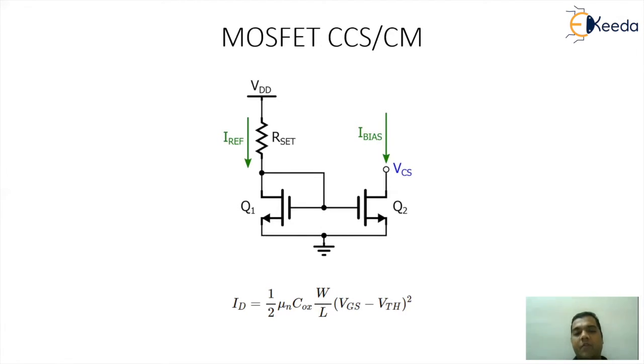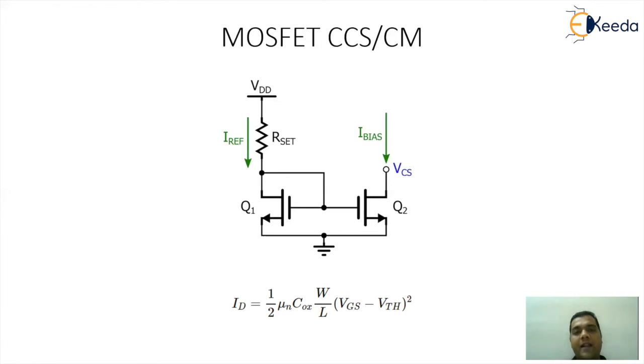So because of this, when I define the MOSFET currents for MOSFET 1 and MOSFET 2, I can define ID1 equal to half mu n Cox W by L (VGS minus VT) the whole square for the first MOSFET, where W by L is the width to length ratio for the first MOSFET. And for the second, I will define the same current equation in the form of ID2. The terminology will have W by L2, and instead of VGS, I'll be using VGS2.